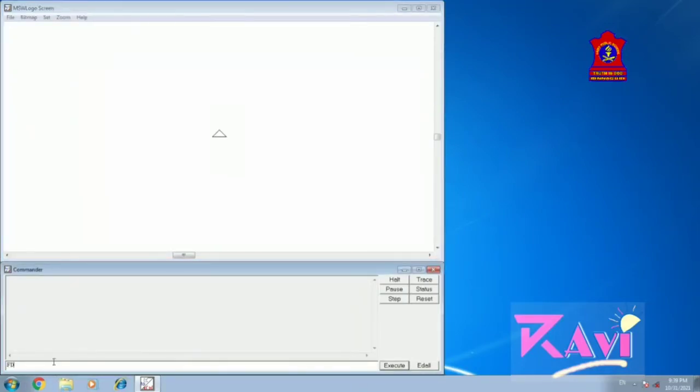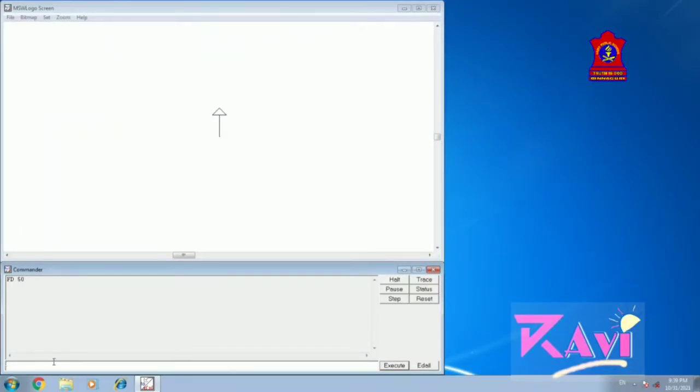Here we have made a line forward by 50. See here, by mistake I have made a line of 50 steps but I wanted a line of 30 steps.